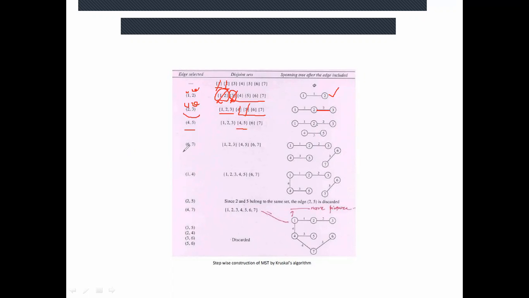Okay. Next is Karan. You have to add 6, 7. Do 6 and 7 belong to the same set? No, ma'am, they belong to different sets. So that means that edge can also be added in the spanning tree, and 6, 7 come into one set. Next one is 1, 4. Tell me, 1 belongs to which set? This one, 1, 2, 3. And 4 is in a different set. That means you can add 1, 4 to your tree as well. I added 1, 4, but you then have to take the union of these two. So after the union, one set is 1, 2, 3, 4, 5, and another set is 6, 7.